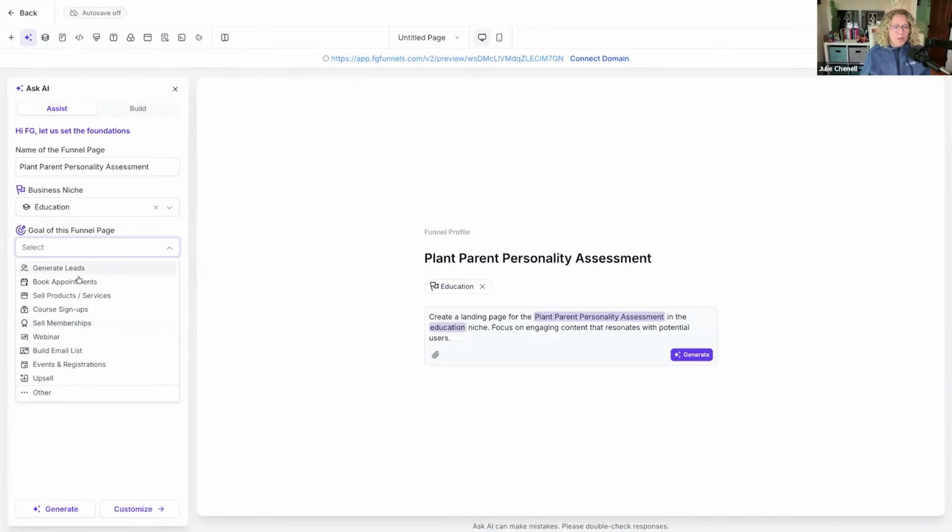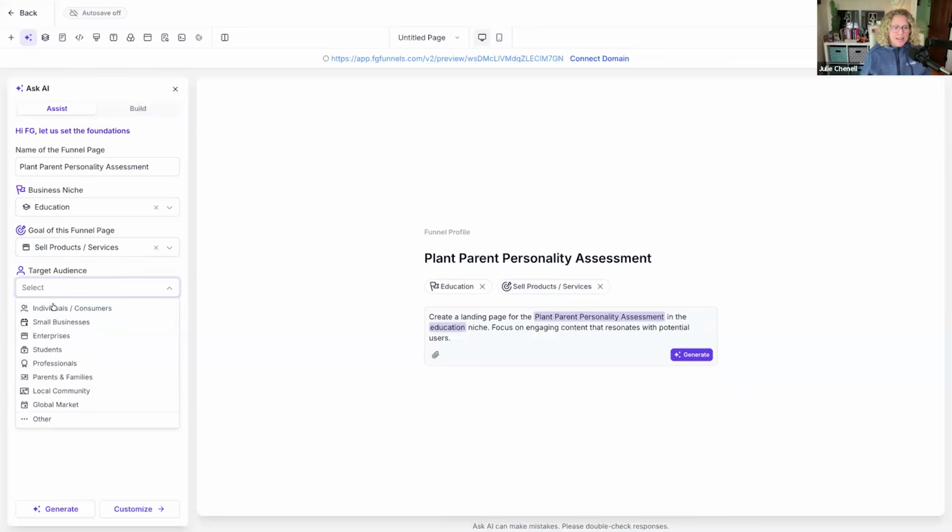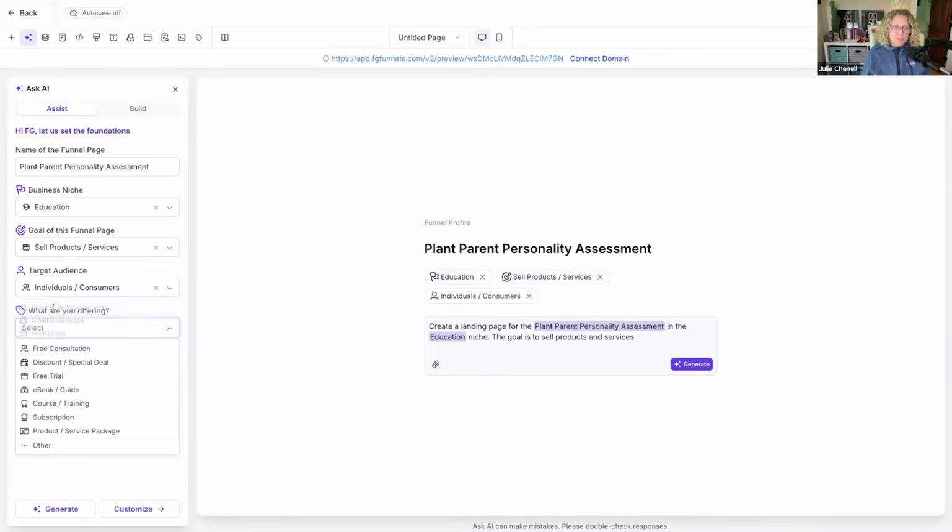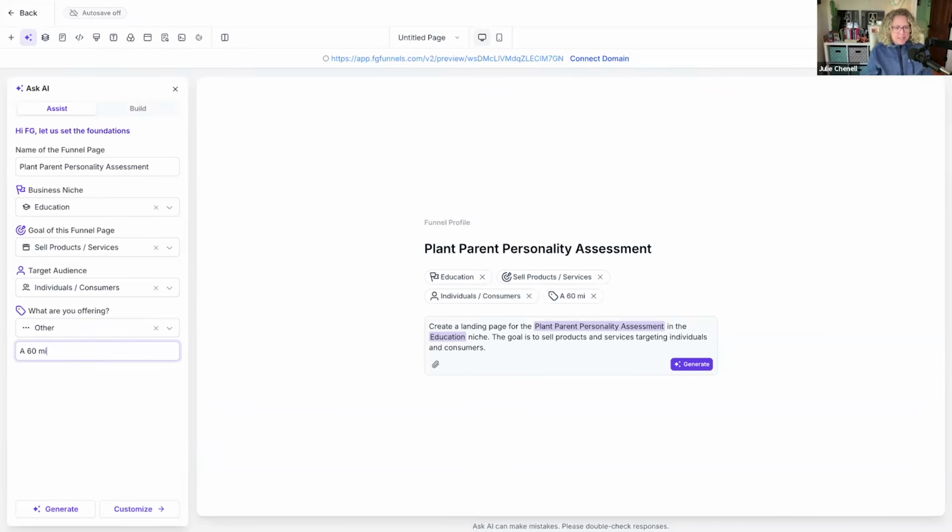And what is the goal? Well, we are going to sell a product. So we're going to sell a product, and we are going to be selling to individuals. And this is a little bit interesting. I'm going to choose product service package, possibly, or maybe training. I'm not exactly sure. Maybe I'll just put other and I'll say it's a 60-minute